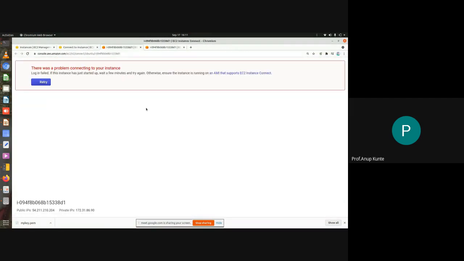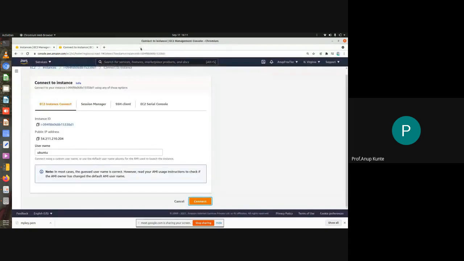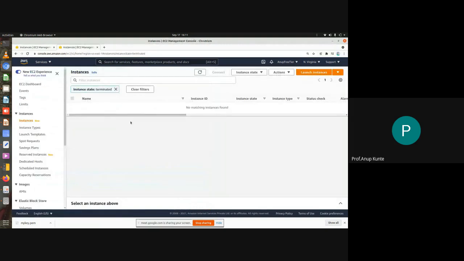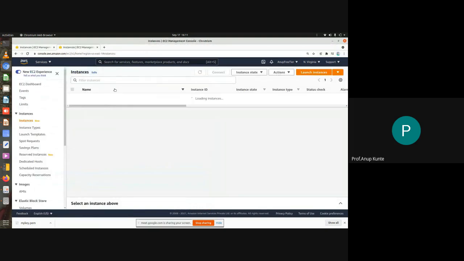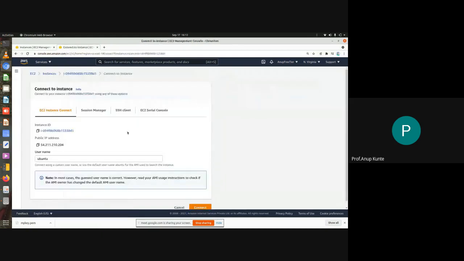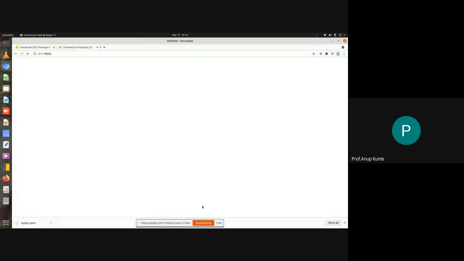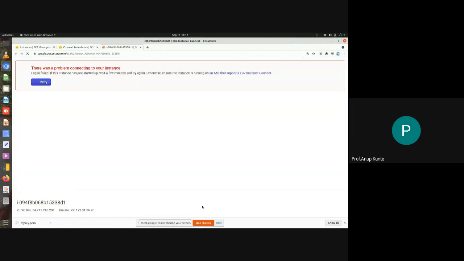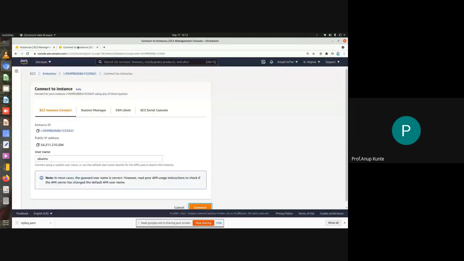Generally, it requires one or two minutes before which you can access your instance. So till that time, I guess we have to resort to listening to the videos. But I guess you can do these steps and keep your instance ready. It is still in the running state. I don't see any problem actually. Is it the Chrome that is creating a problem? I used to use the web browser.